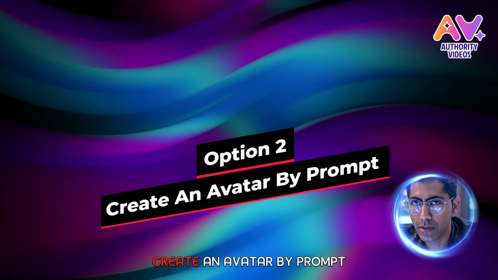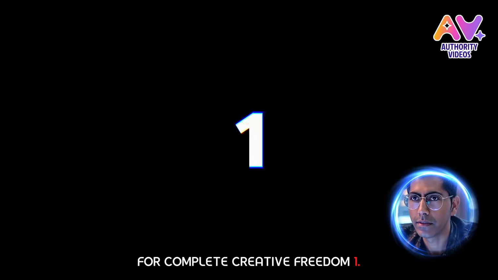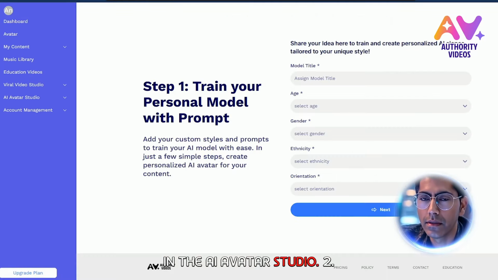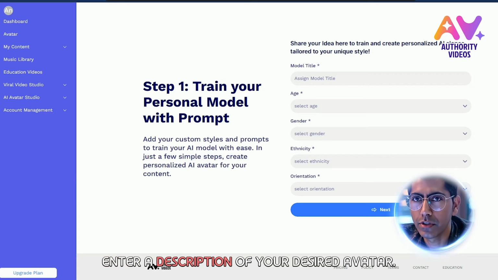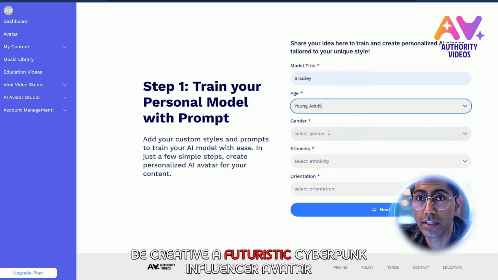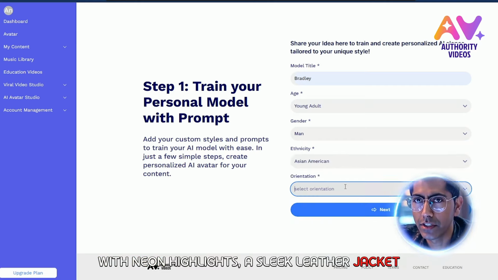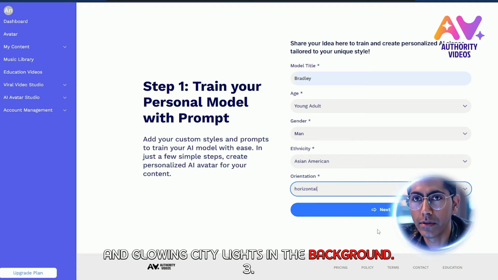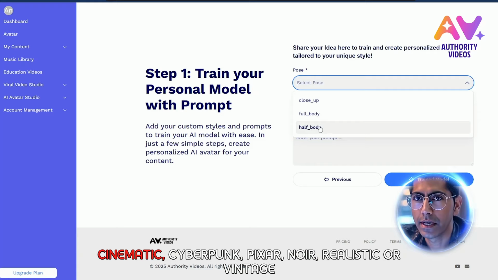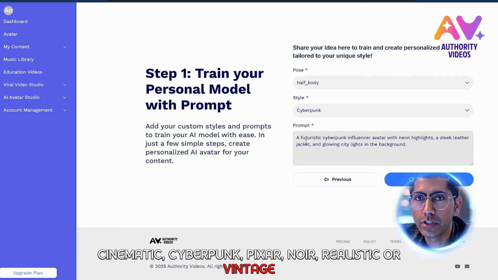Option 2. Create an avatar by prompt for complete creative freedom. 1. Select the Avatar by Prompt tab in the AI Avatar Studio. 2. Enter a description of your desired avatar. Be creative. Example, a futuristic cyberpunk influencer avatar with neon highlights, a sleek leather jacket, and glowing city lights in the background. 3. Choose from a variety of styles like cinematic, cyberpunk, Pixar, noir, realistic, or vintage to bring your